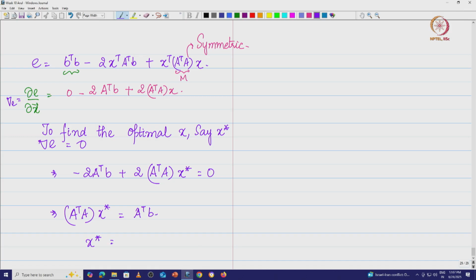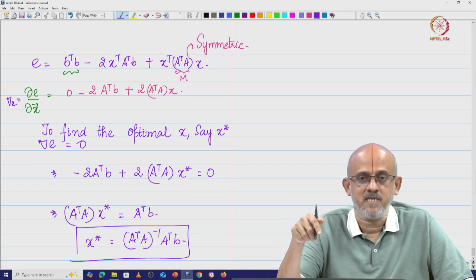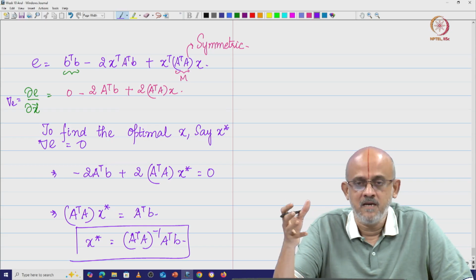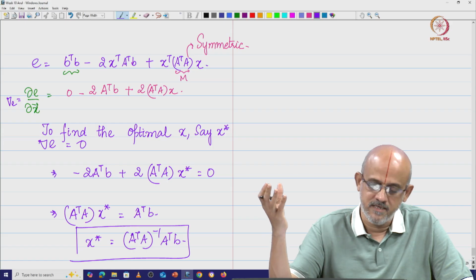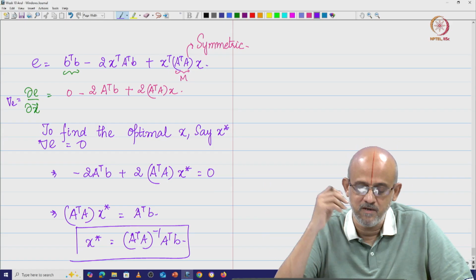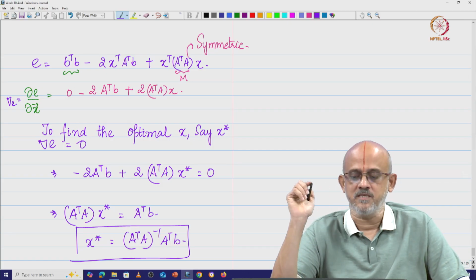Therefore, x star is equal to (A transpose A) the whole inverse A transpose b, and that is exactly what we saw in our least squares solution by the linear algebraic way, where we projected the vector b onto the column space of A and then tried to find a solution for that projection which is there in the column space of A. So we see that the results we had with calculus and with the linear algebraic way are both the same. This we did with the help of the gradient of the error function, looking at matrix derivatives, and we got to this result.